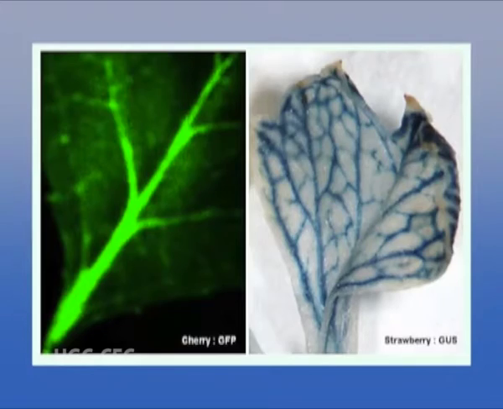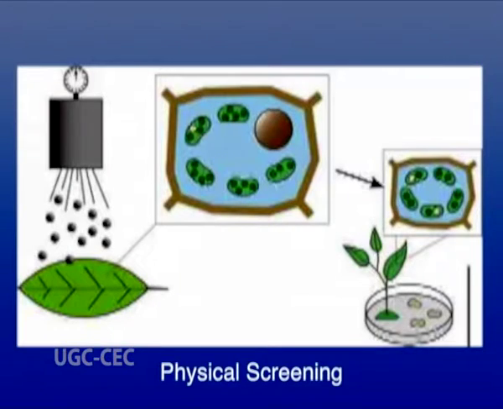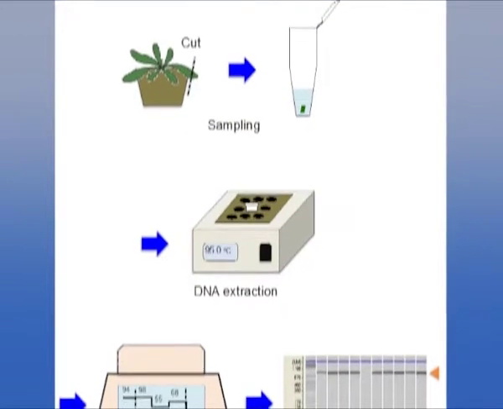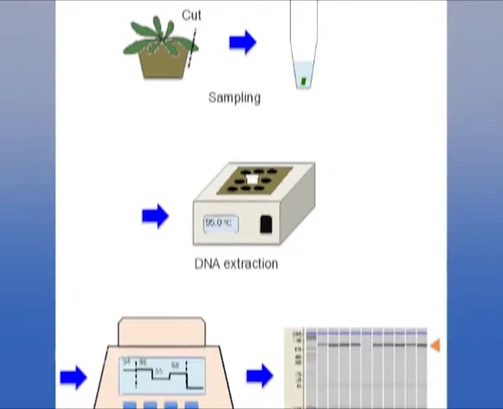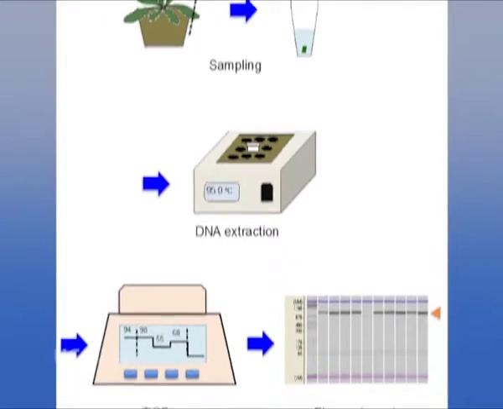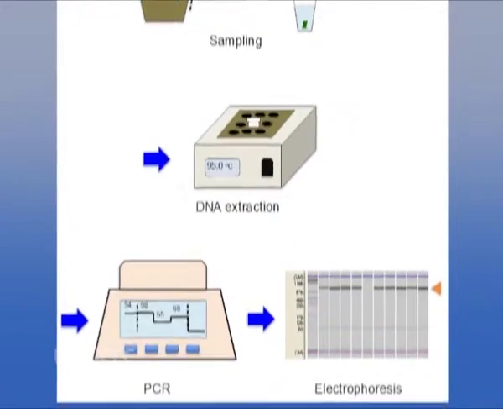Other than this method, where the genes provide resistance to a selective chemical agent, there are methods where the genes confer a phenotype allowing visual or physical screening, or even PCR screening can be done to identify plants containing transferred genes to recover the transformants.